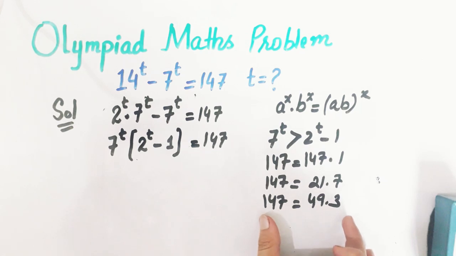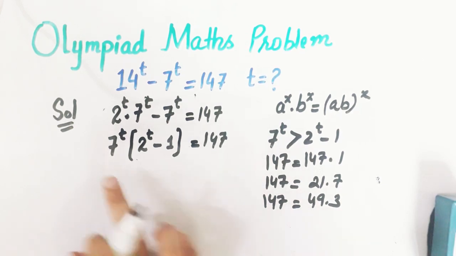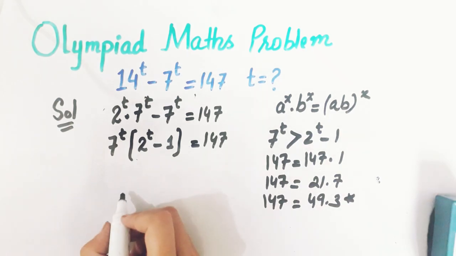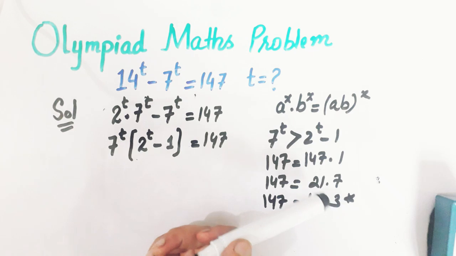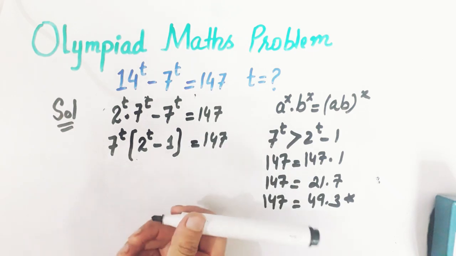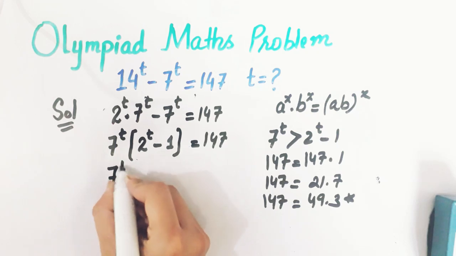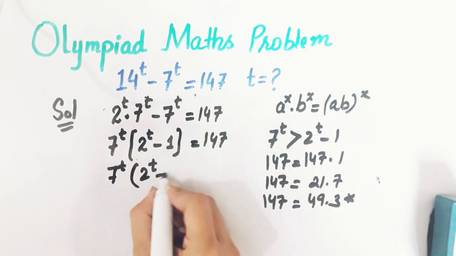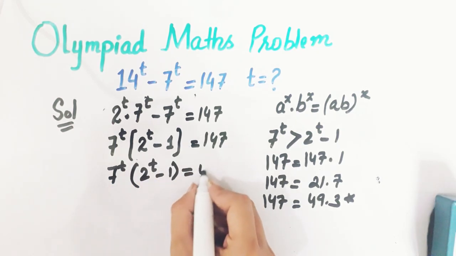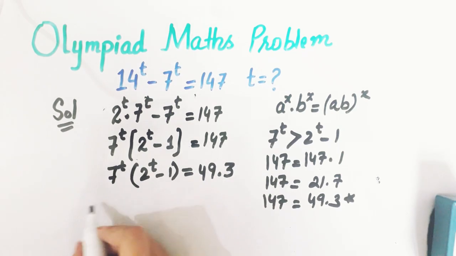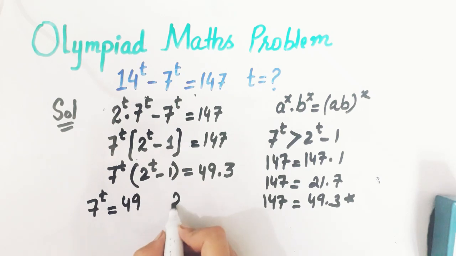So this can be easily solvable because this will become the power of 7. So we will use this factor. We can also use the other one, but this can be easily comparable. So 7 raised to power t into 2 raised to power t minus 1, and 147 can be written as 49 into 3. So we will compare 7 raised to power t equals 49 and